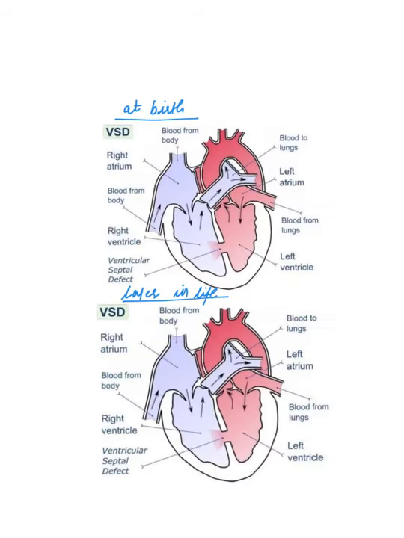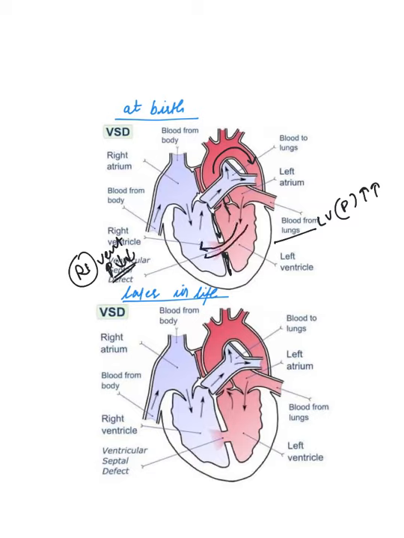So at birth, here is the ventricular septal defect, the defect in the septum. We know that the left ventricle pressure is higher than the right ventricular pressure, which is at the lower side. So when there is a defect and the left ventricle contracts, some of the blood goes into the aorta and some of the blood through the defect goes from the high pressure system, that is the left ventricle, to the low pressure system, that is the right ventricle.